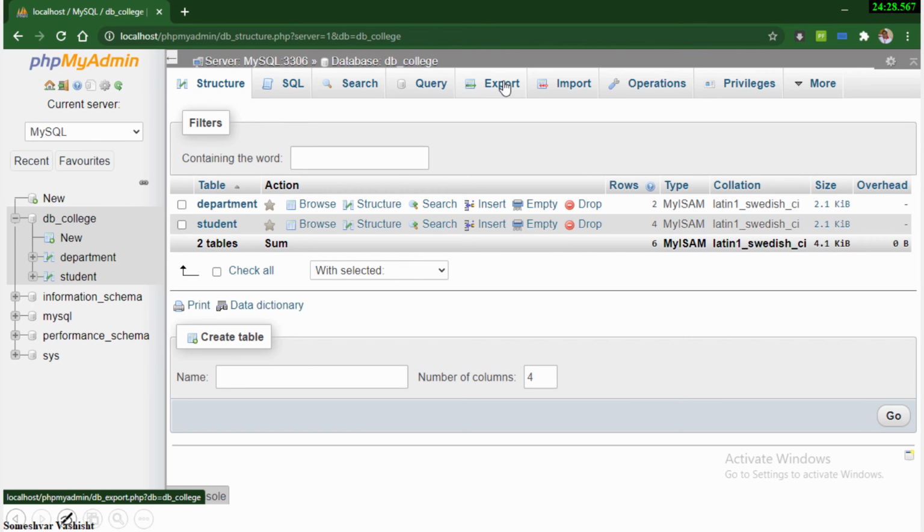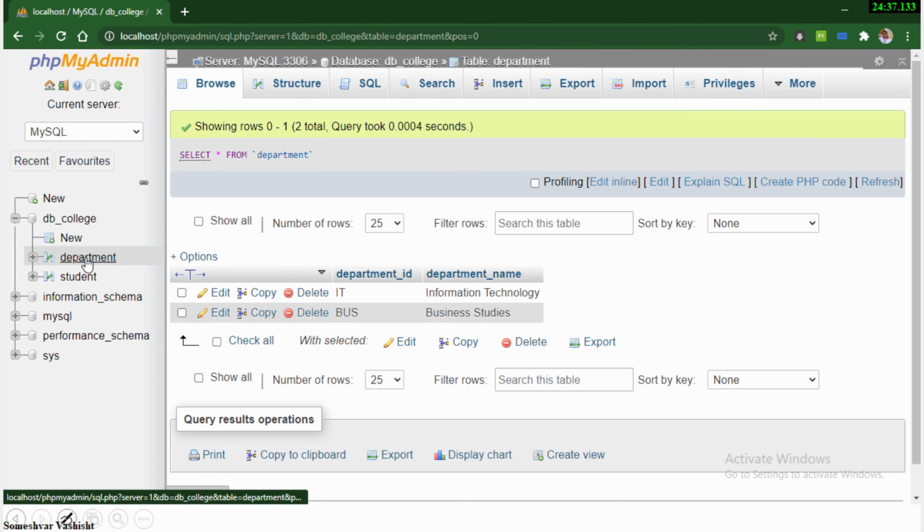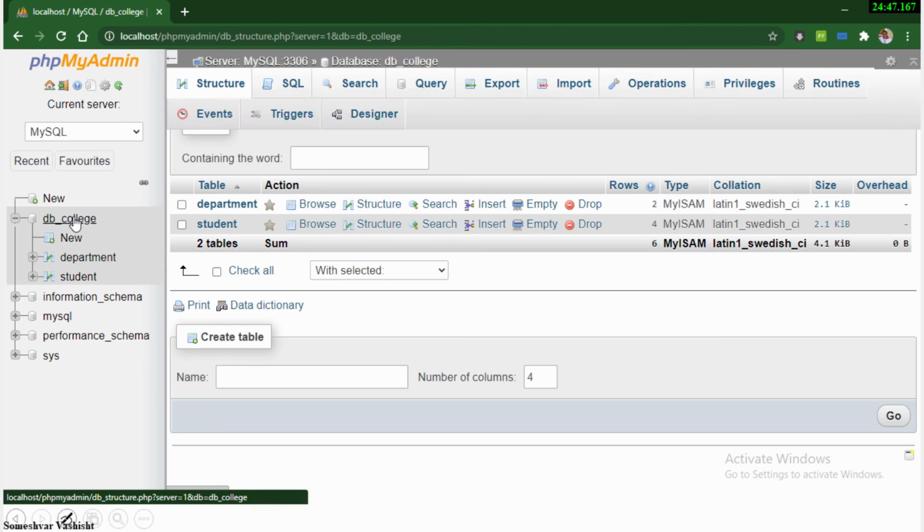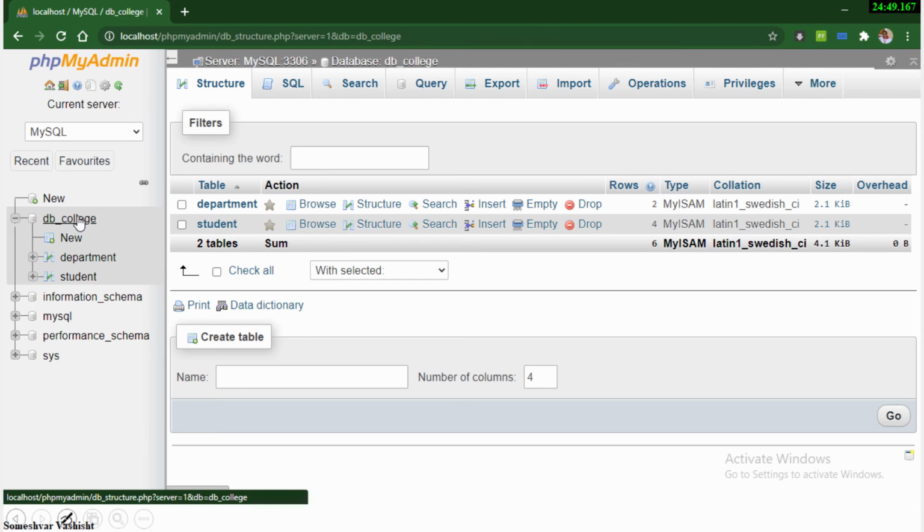needs this database, right? You can select the whole database, or if you want to send only one table, you can choose that table. For example, if I need to send only the department table, I can just send the department table and go for the export option. Okay, so let me go with the database. Right now the DB college database is active, and now I click here on the export button,